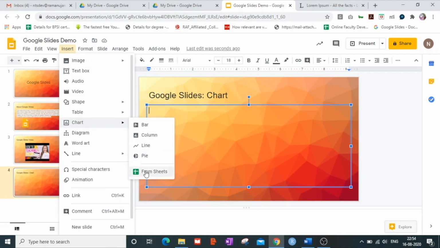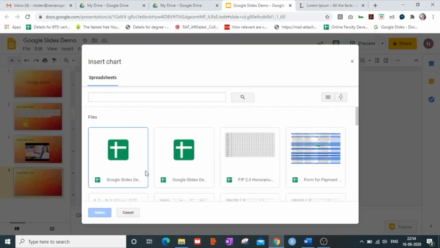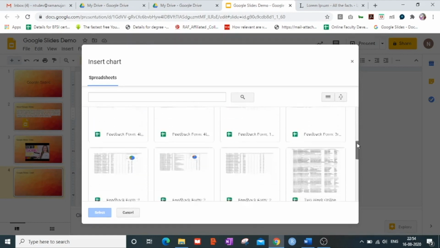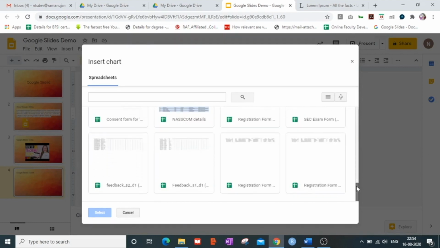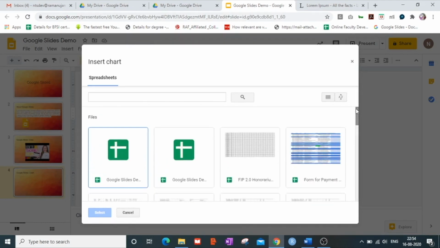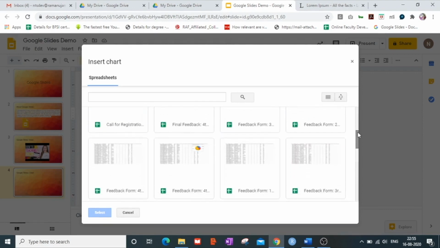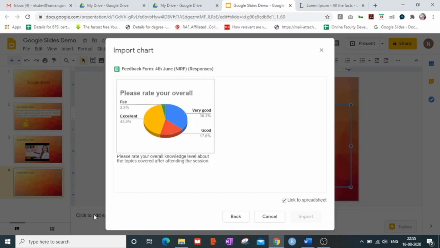Now when I click on from sheets, it gives me a pop-up and it shows me the spreadsheets in which I have previously created some pie chart. And suppose I wish to add any pie chart or any kind of chart from these spreadsheets. So suppose I wish to insert this pie chart. I go and select.